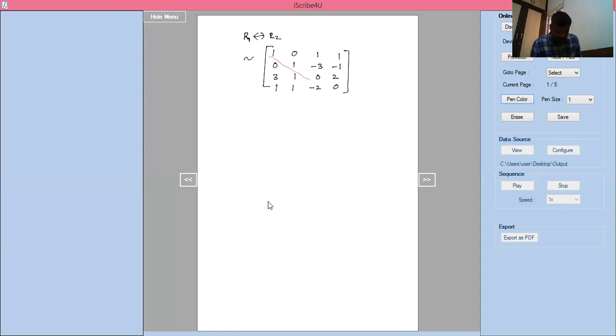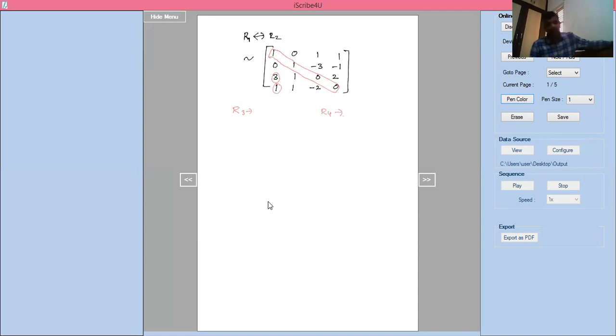So this one is the principal diagonal element. We have to make 0 below the principal diagonal elements. If we make 0 below the principal diagonal elements, one entry is already 0, so it is not required. This element I have to make 0 and this element I have to make 0. Now in R3 row I have to make 0, and in R4 row I have to make 0.